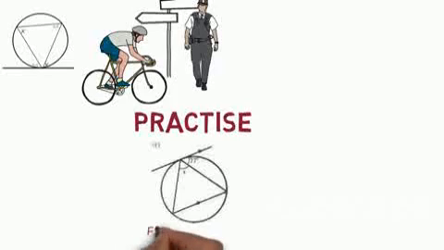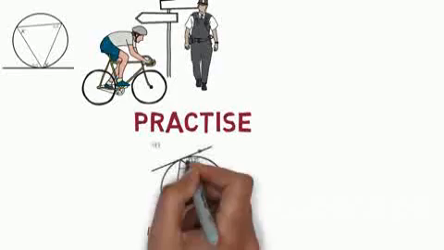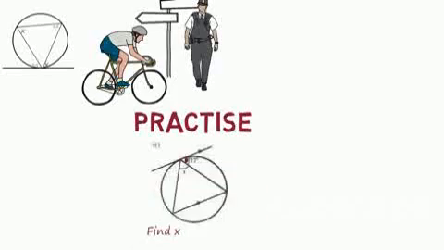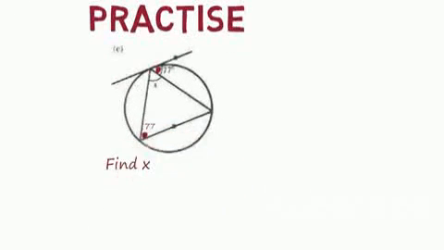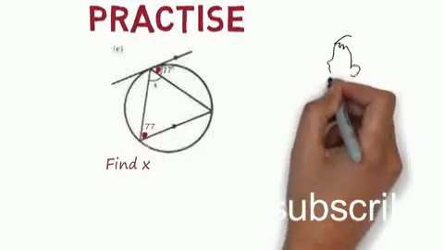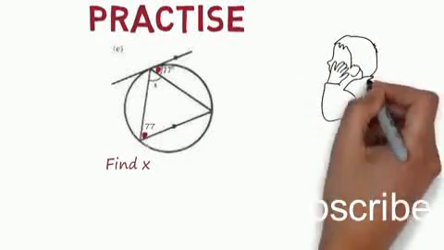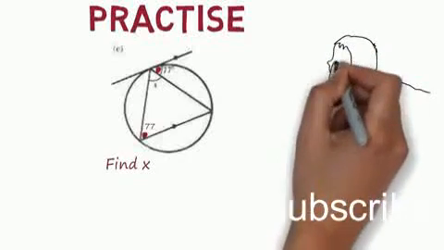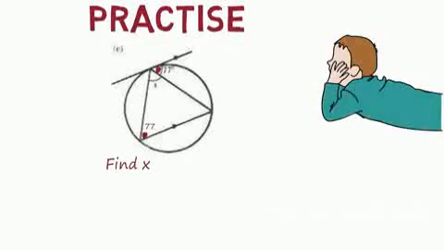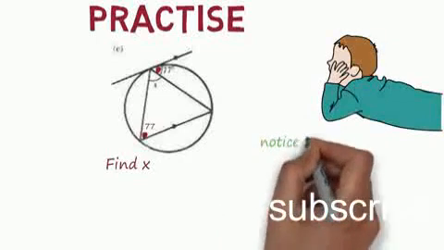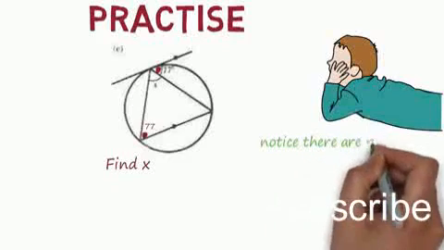So we have a question E there, and they're saying find x. So we have 77 over there already. Besides, there are parallel lines over there. If you notice, the moment you see parallel lines,